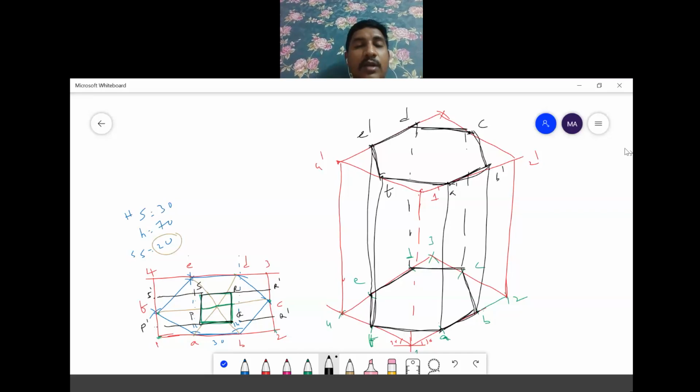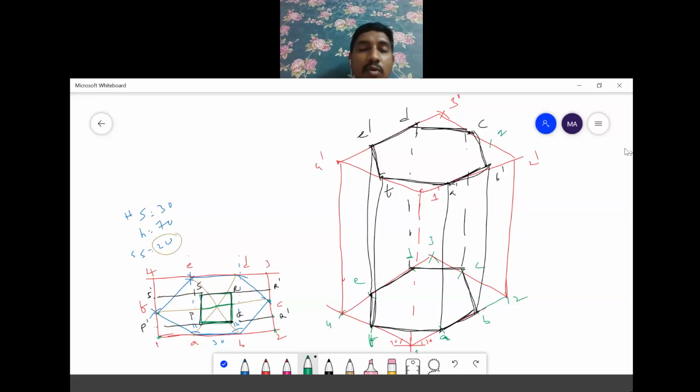So where is the square hole here? When you construct here, you have a square hole here. For that one, you have points already here. This point is 3 dash. So what I am doing is from 2 to Q dash, I am measuring here, and cutting an arc. I am writing it as Q.